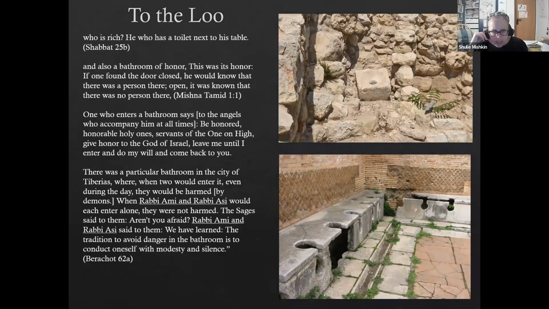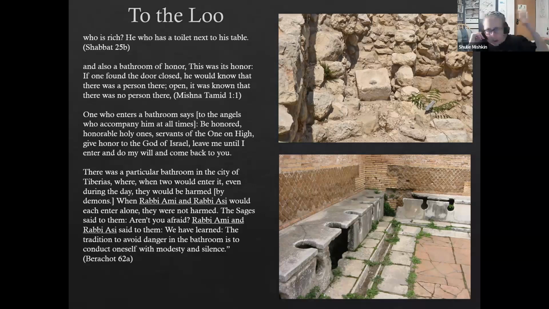You either have to be very quiet, as in the bottom source here from Brachot, right? There was a particular bathroom in the city of Tveria where two would enter even during the day, they would be harmed, presumably by demons. When Rabbi Ami and Rabbi Asi would each enter alone, they were not harmed. The sages said, aren't you afraid? They said, we have learned the tradition to avoid danger in the bathroom is to conduct oneself with modesty and